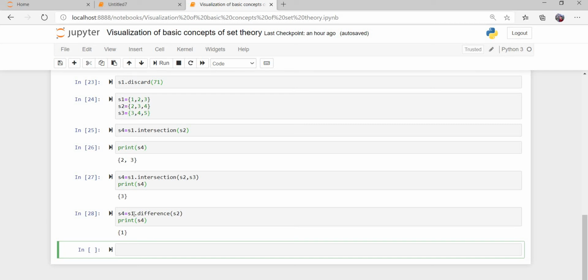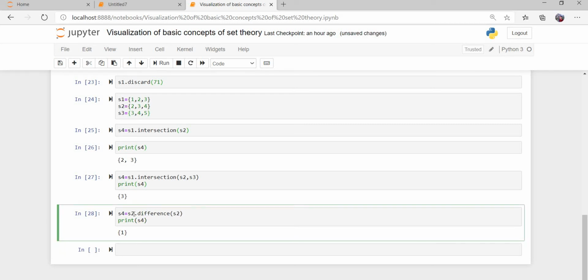We also write here S2 dot difference S1 and again run. It will give 4 as output because 4 is the only element which is in S2 but not in